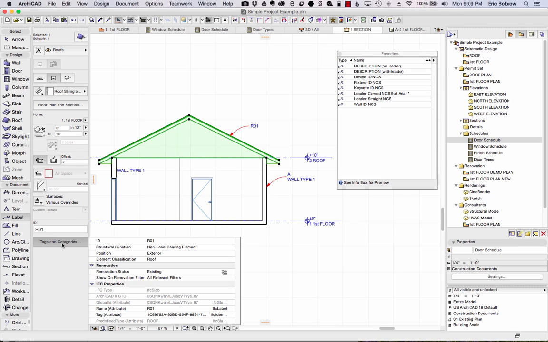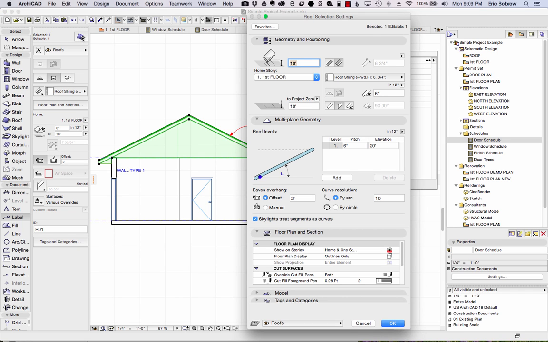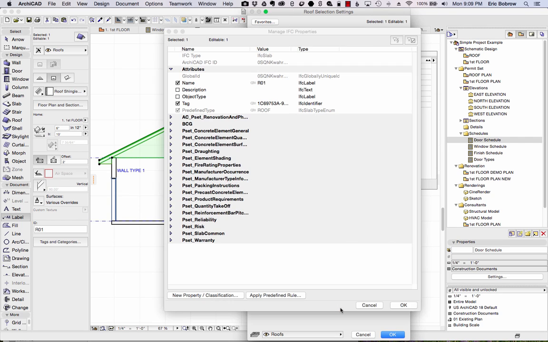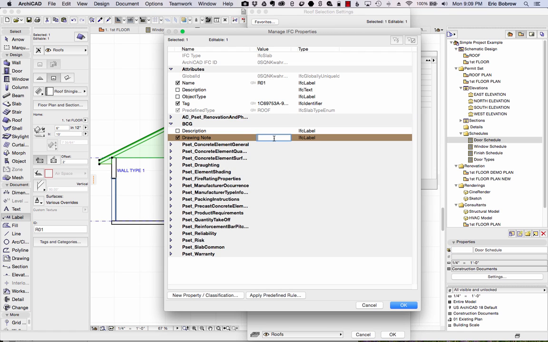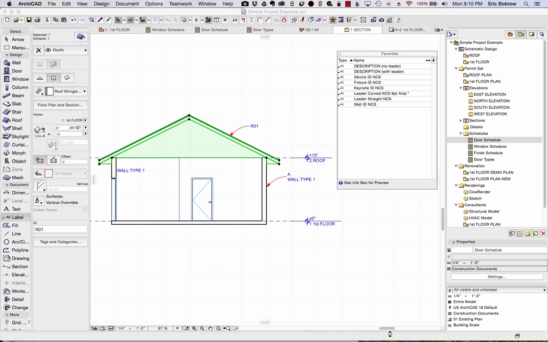Now under tags and categories, you'll see that there's no information here that we can add. But if I go to the roof settings and scroll down under tags and categories, I can go and add the same information here. So we'll just say drawing note, and let's say composition roof. So whatever note you'd want. Now I'm putting this into the roof. That means when I go OK